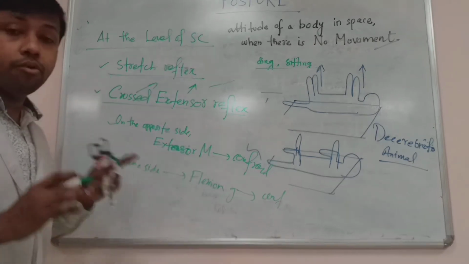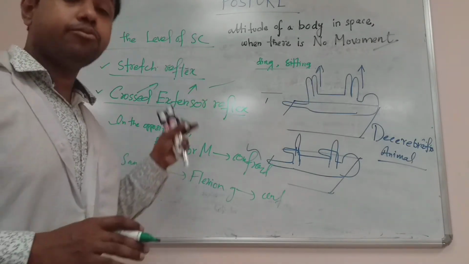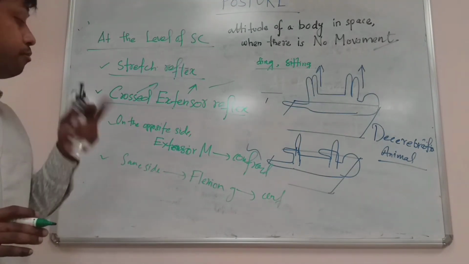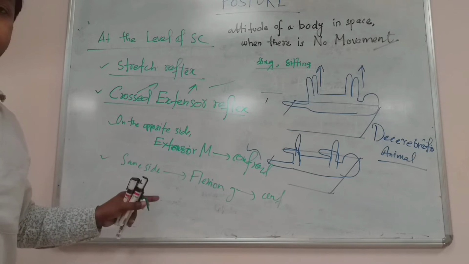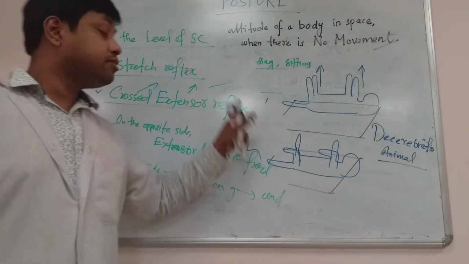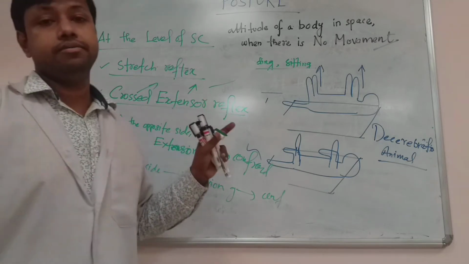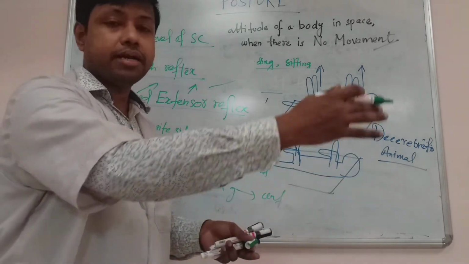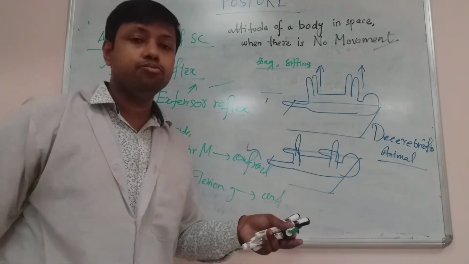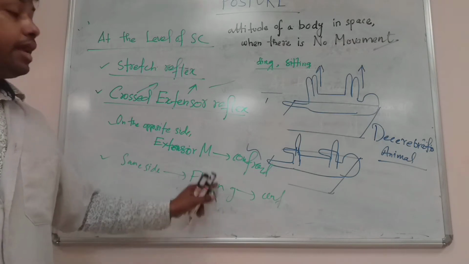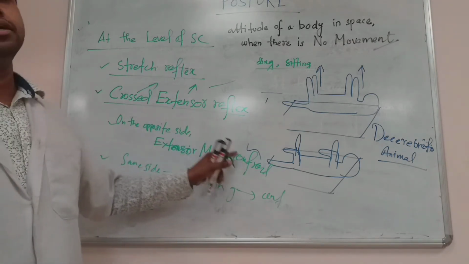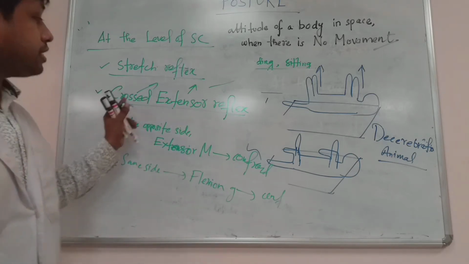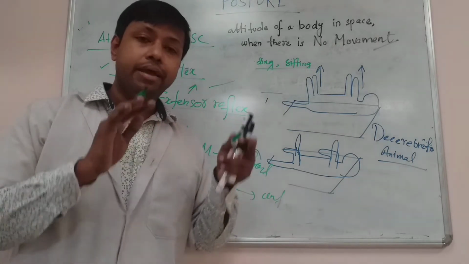Cross extensor reflex is a sustainable reflex. Suppose a person is doing some movement. In those special types of movement, on a particular side of the body, the flexion muscles will be contracting, and on the opposite side, the extensor muscle will be contracting. Can you understand? An example is walking. When a person walks, when a particular side of the body is moving, flexion muscles will be contracting, and on the opposite side, the extensor muscle will be contracting. So this type of movement helps in rhythmic movements like walking. This type of reflex is known as cross extensor reflex, and this is also responsible for maintenance of posture.